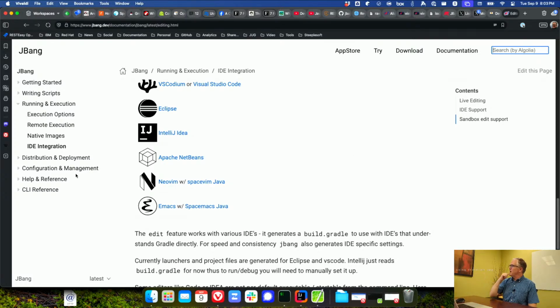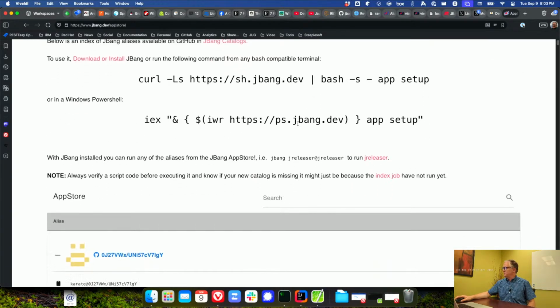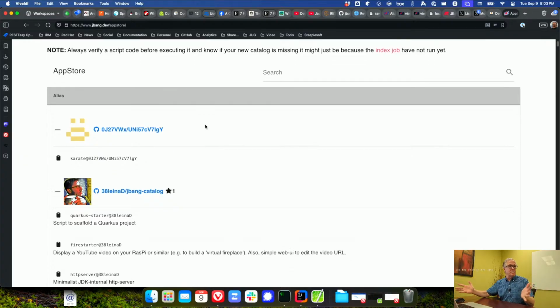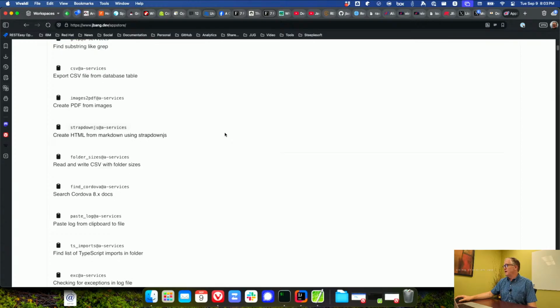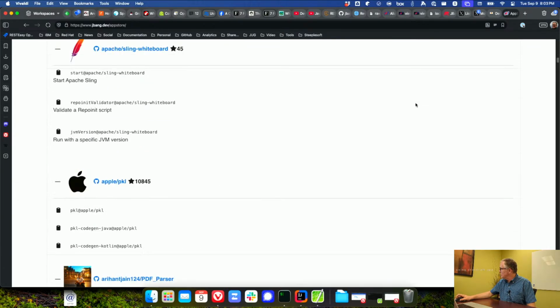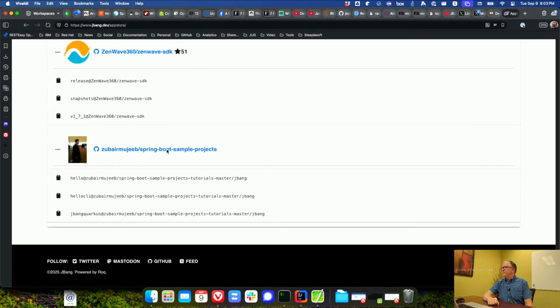So anyway, this is all documentation. There's an app store here, which again, I think is a little more grandiose than it sounds. It's basically just a list of aliases and catalogs that they're aware of. But this is a place you can go and shop for scripts that you might find interesting. There's a lot in there. I've kind of scrolled through some. You can see the tiny little scroll bar right there as you scroll through. So there's a lot to look at. So you might find something in there that is helpful for you. You don't have to write it, or if you're looking for inspiration,